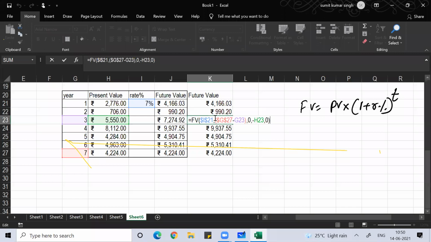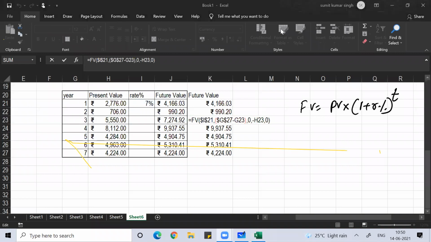Clear everyone? Anyone, any doubt? So you understood this. Now guys, this present value,